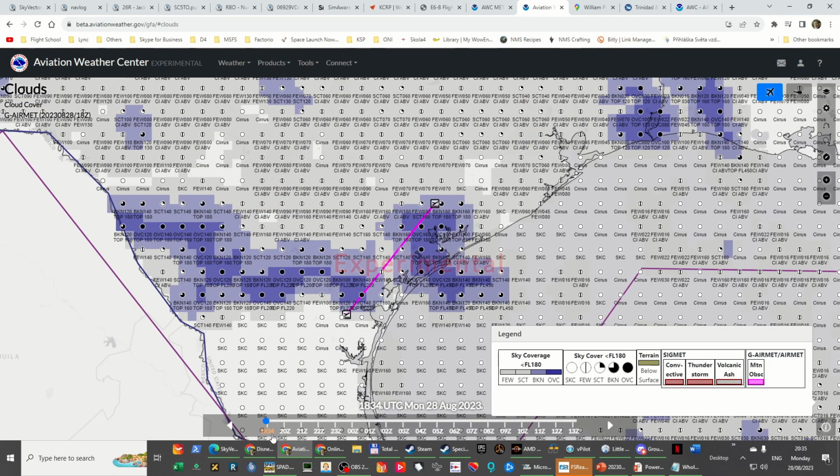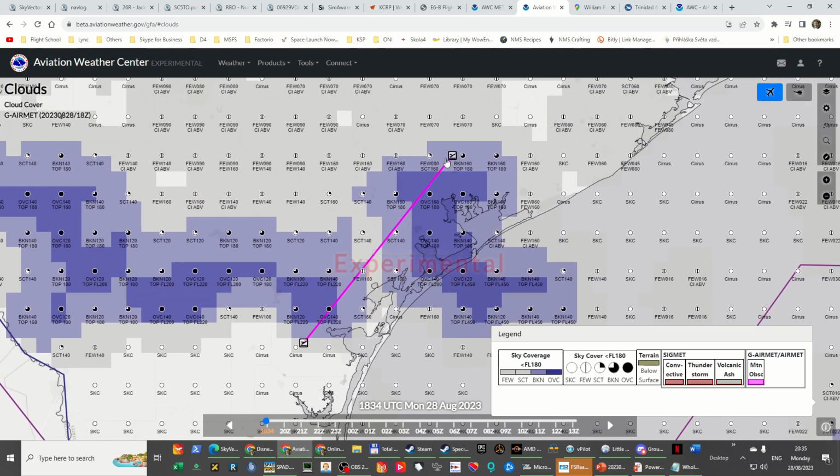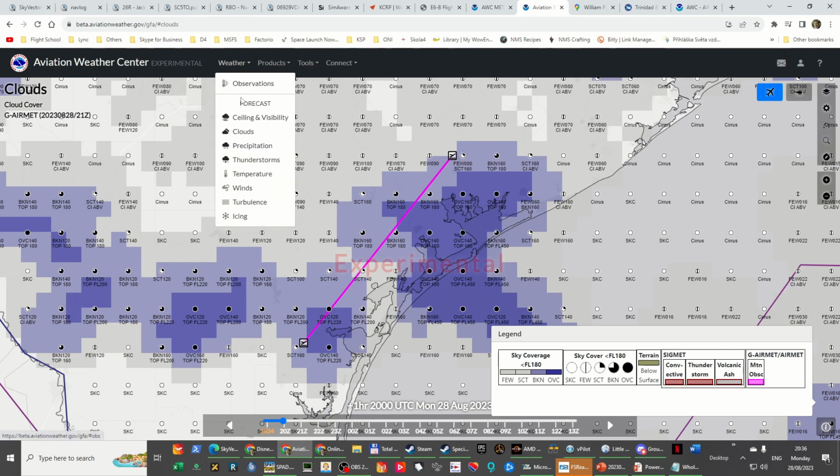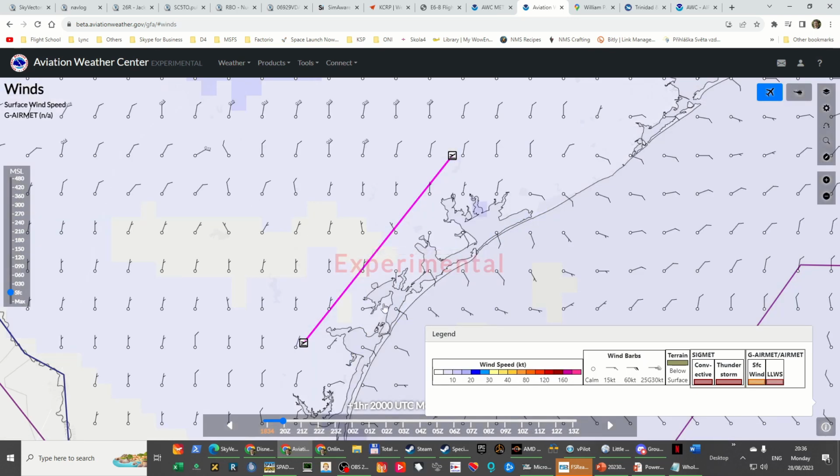So this is for 1834 Zulu, and this is just a forecast. So maybe some broken layers, but very high clouds. If I go a little bit forward, nothing important changes. So overcast layer here at 12,000 feet, again very high for us. What will be more interesting for us, when we establish that the weather should not be a problem, like clouds and icing and so on,